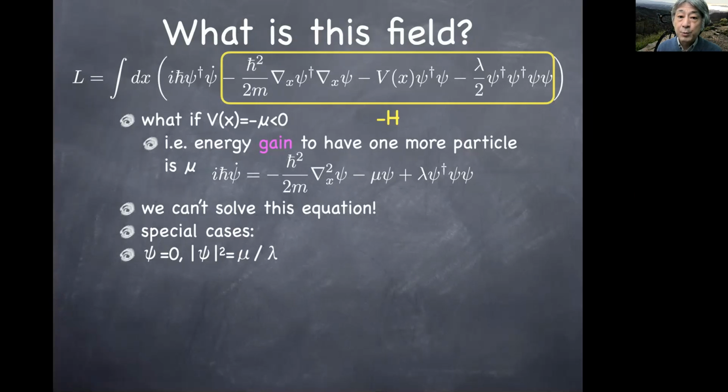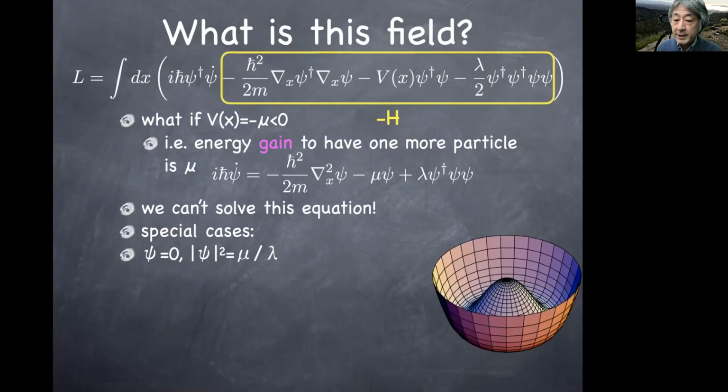So if you're looking at the case when psi is independent of space, which is a homogeneous solution, then the last two terms are the only thing there is. Then I plotted the last two terms as a function of psi on a complex plane. So let's say this is the real axis, this is the imaginary axis of psi. And on this complex plane, you find this potential to look like this. The first piece is minus mu psi dagger psi. That's why the potential goes down quadratically as a function of psi. And the last piece here, lambda over 2 psi dagger psi dagger psi psi, is a quartic positive